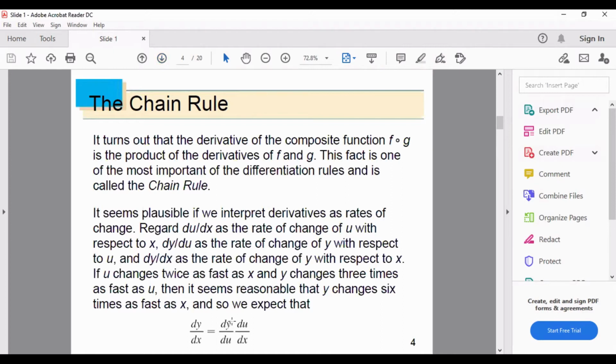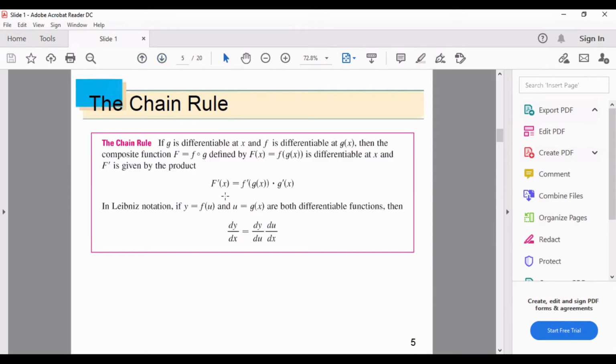However, be careful, the outside function, we have to take its value at the inside function. What does that mean? That means here we take the outside function at g of x. Be careful, the main difference is here. We have f prime and g prime, and we have a multiplication. However, for g prime, we take it at x, and f prime, we take it at g of x. That's why we must be careful, but in practice, it's very easy. This is the chain rule.